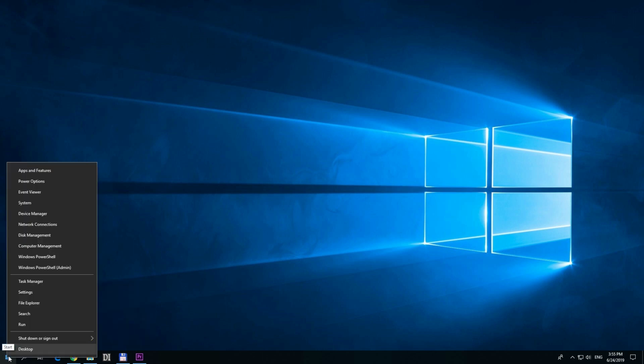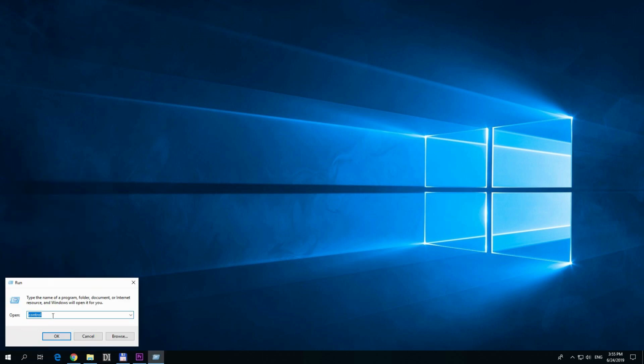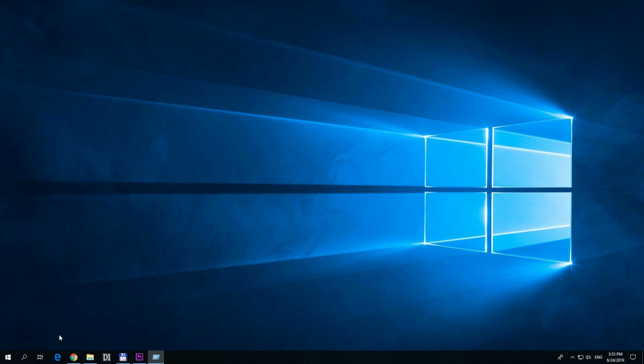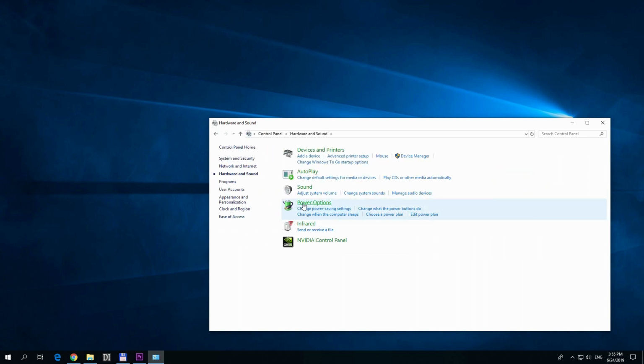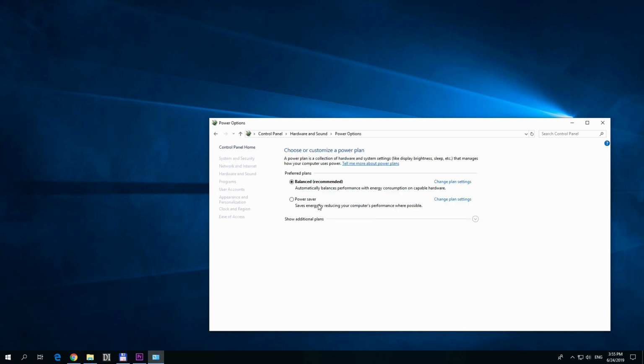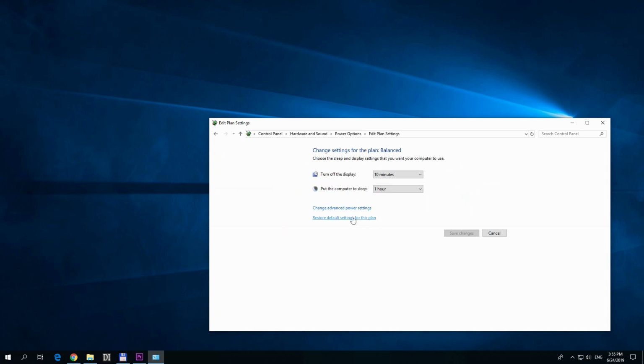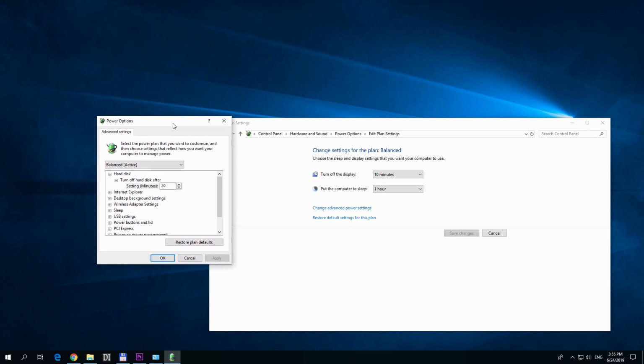So right click on the start button and click on run and type in this control from control panel and press OK. Okay, now come here to hardware and sound, come to power options, and whichever is checked here, customize that one with this change plan settings, change advanced power settings, and on this window come here to sleep, open sleep, and sleep after is set to